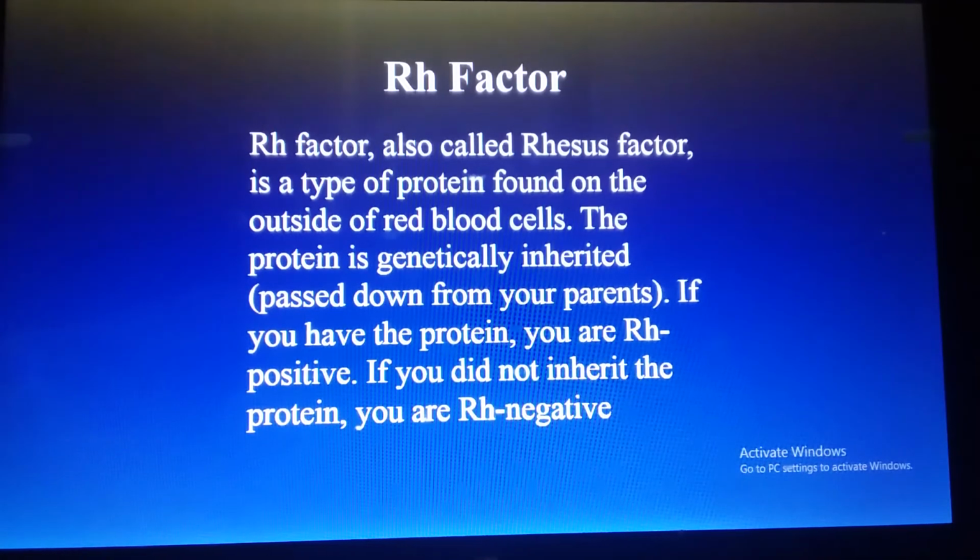My dear students, this lecture is about the RH factor. In my previous lecture, I discussed in detail the ABO blood group system, the multiple allele system, and the genetic basis of the ABO blood group, in which genes A and B produce antigen A and antigen B, and these antigens are present on the surface of the red blood cells.